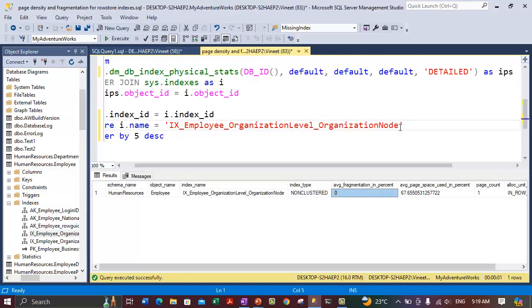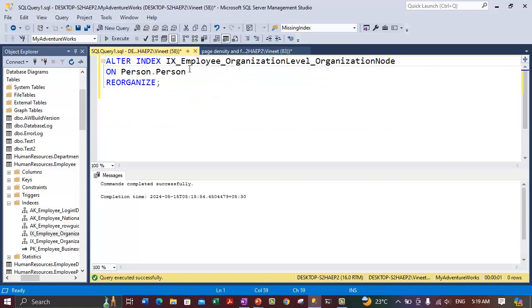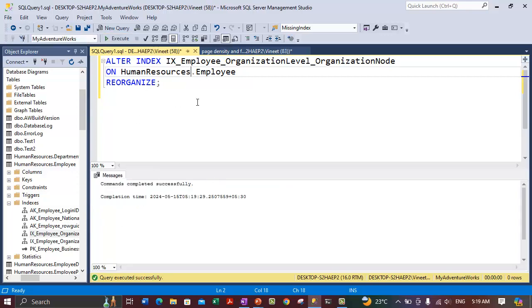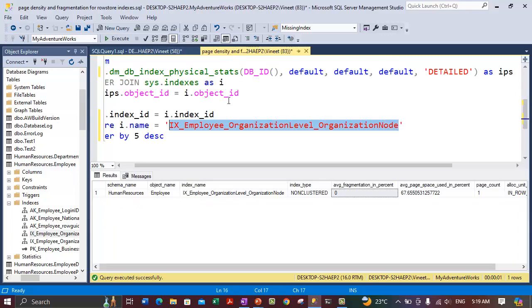You can copy this index name, and it is on the HumanResources.Employee table. Again, there is no need to rebuild or reorganize this index as it is not fragmented at all. But just for demonstration purposes, I'm showing you how you can reorganize that. So HumanResources.Employee. Okay, so we have reorganized one index, and we can check the status again for this particular